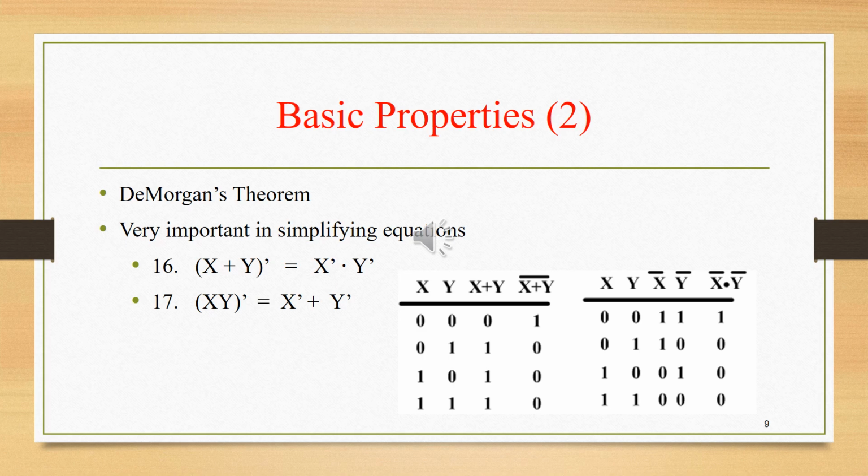So the next one is a very important property, De Morgan's theorem. We can expect questions using this duality property and also De Morgan's theorem. So here x plus y the whole bar is equal to x bar into y bar, and also x into y the whole bar is equal to x bar plus y bar, and this is known as De Morgan's theorem. X plus y the whole bar is equal to the individual inversion of x and y, and the OR symbol is changed to AND. So this plus is changed to AND here, and the inversion of the whole is equivalent to the individual inversions, and this is known as De Morgan's theorem.